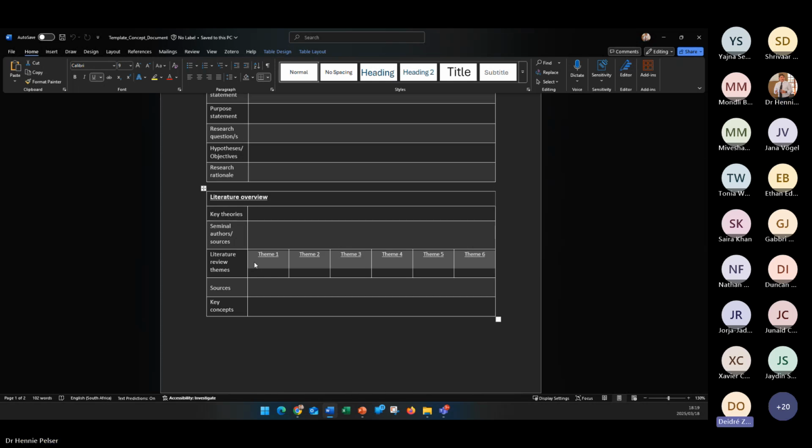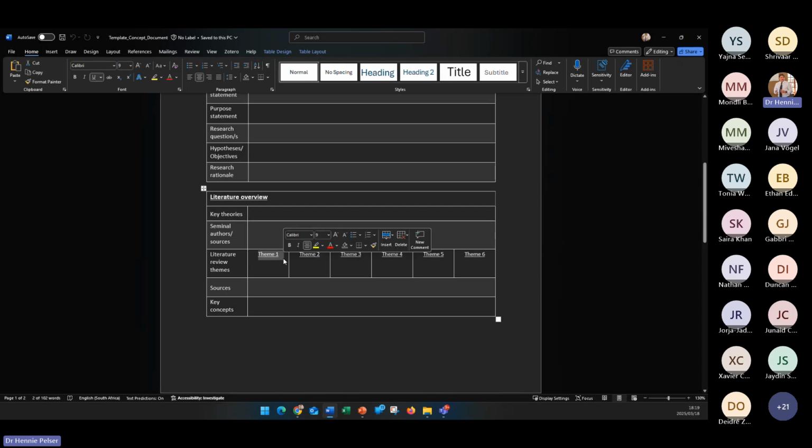Okay, so my title is Exploring Productivity Metrics and Management Strategies for Hybrid Work in South Africa's IT industry. So just listening to your title, I would imagine one of your suggested themes, and you'll just write this, will be hybrid work. I think you would have a theme of performance metrics, productivity metrics. I would imagine a third theme would be traditional versus the new way of doing it. But at this stage, we are making it up.